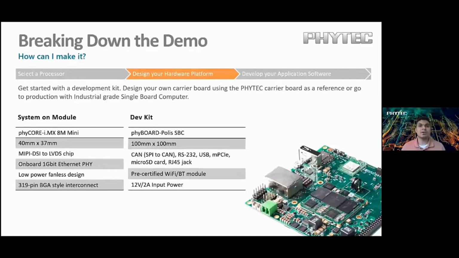Single board computer is the connection between our SOM and the carrier board. The carrier board expands on all the features that the SOM already has available. Some of these are CAN through our SPI-to-CAN converter, RS-232, PCIe, and many, many others. We've also included a pre-certified Wi-Fi Bluetooth module, which can be used as a reference design as you move forward